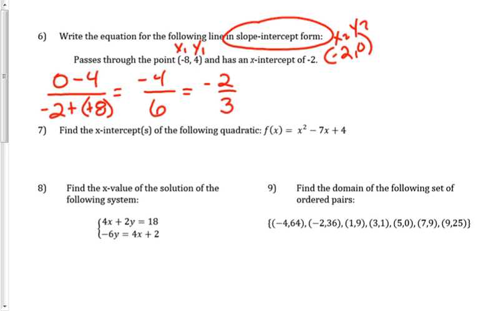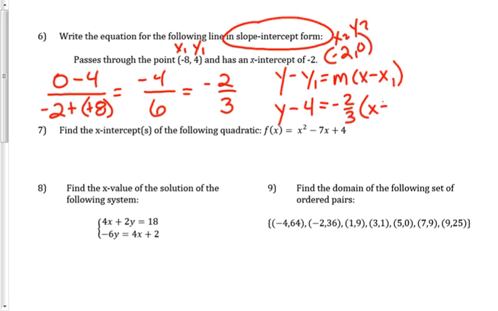So from here, we're going to start by putting it in point slope form. So using our first point, we're going to have y minus 4 equals -2/3 times x minus 8, or sorry, plus 8, because we're subtracting a negative. And then we want to convert this to slope-intercept. So I'm going to start by distributing. I'm running out of space here, so bear with me. But I get -2/3 x, and then -2/3 times 8